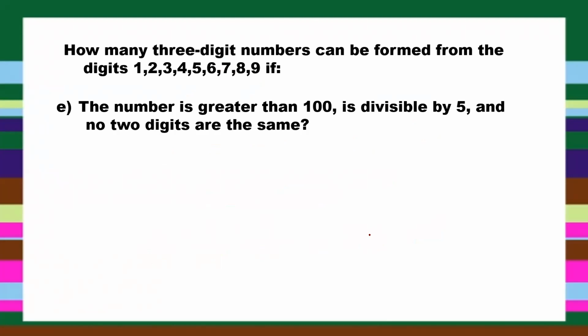Next, how many 3-digit numbers can be formed from the digits 1, 2, 3, 4, 5, 6, 7, 8, 9, if the number is greater than 100, is divisible by 5, and no 2 digits are the same? Hindi ko pa ito nasasagutan na. So kung greater than 100,